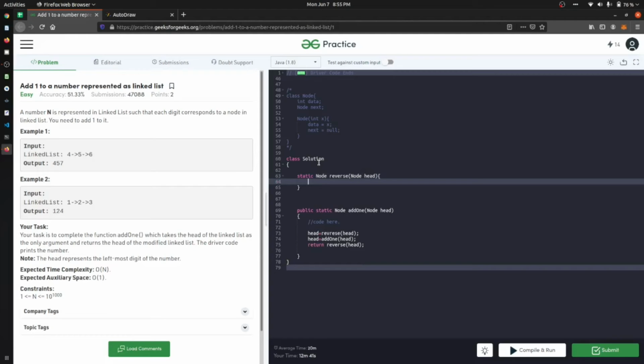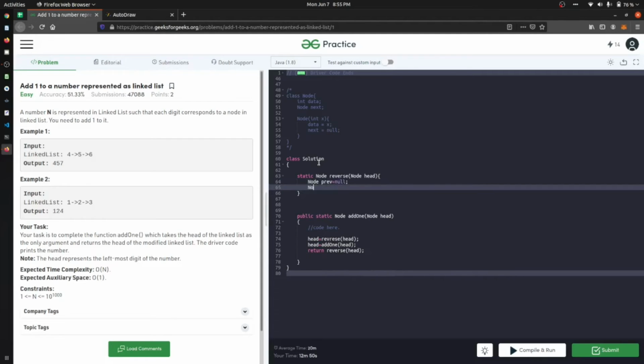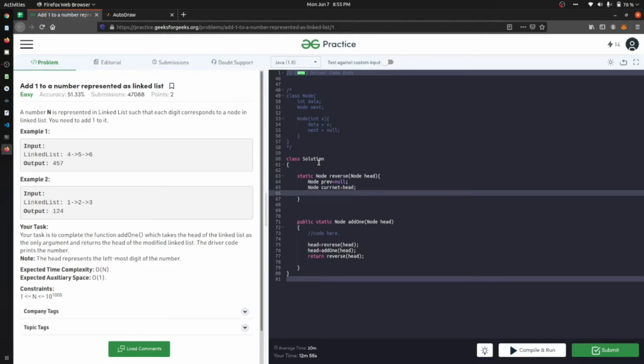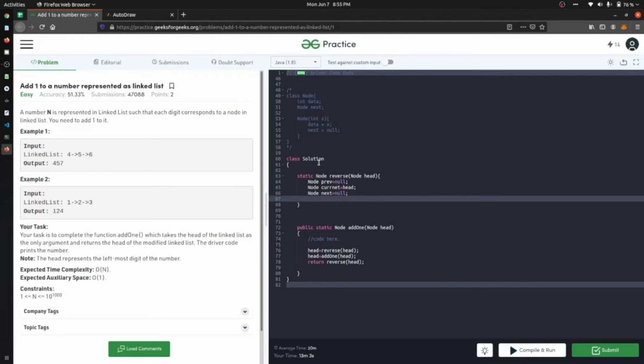For that we have to create a previous, prev, that will be null. We have to create a current that will also point to head. Then we will have a next, that will be null.